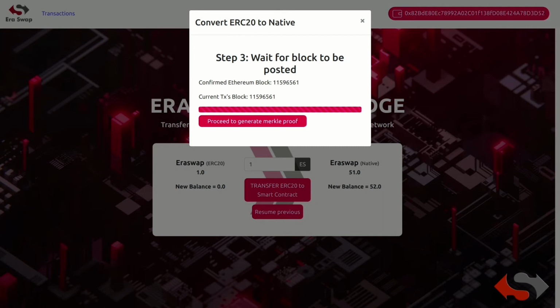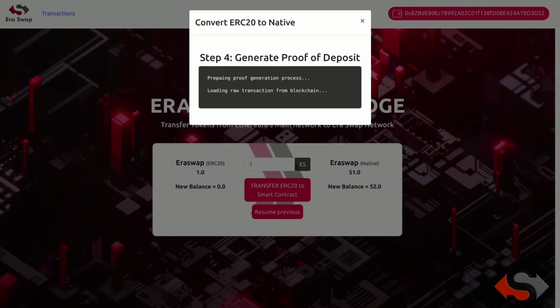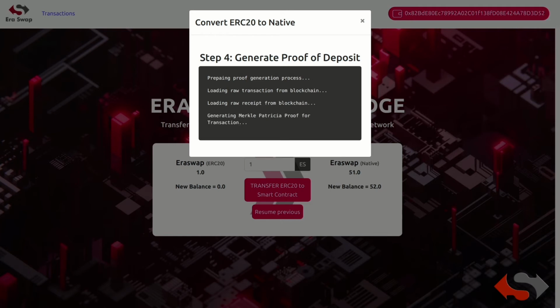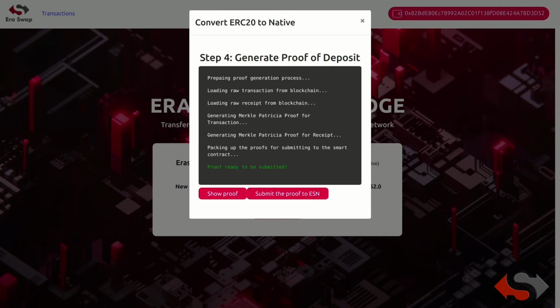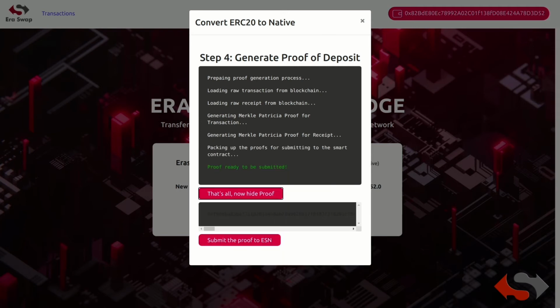We'll proceed to the next step, which is to generate the Merkle proof. We can see what all Merkle proof is being generated. Then we can submit the proof to the Eraswap network.